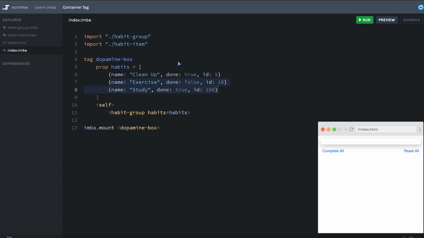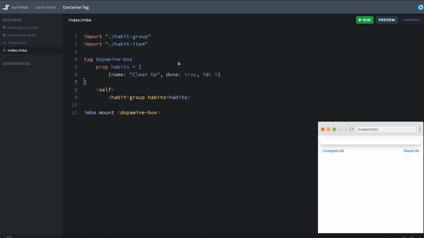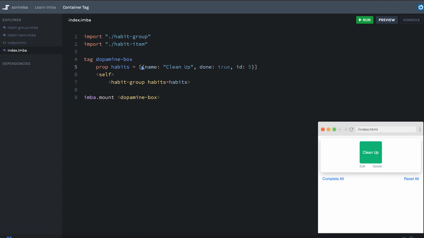And I'm going to delete some of these items off of here. I'm going to make this a bit shorter, because ultimately we're not going to want to hard code any habits in here. We're going to have those all be provided by the user. But for now, we'll just keep this one. Okay, so now we have this container tag, Dopamina Box, and the point of this is to allow us to